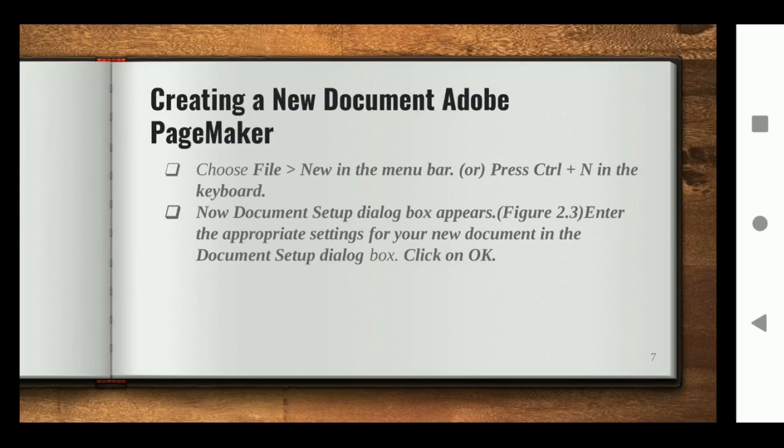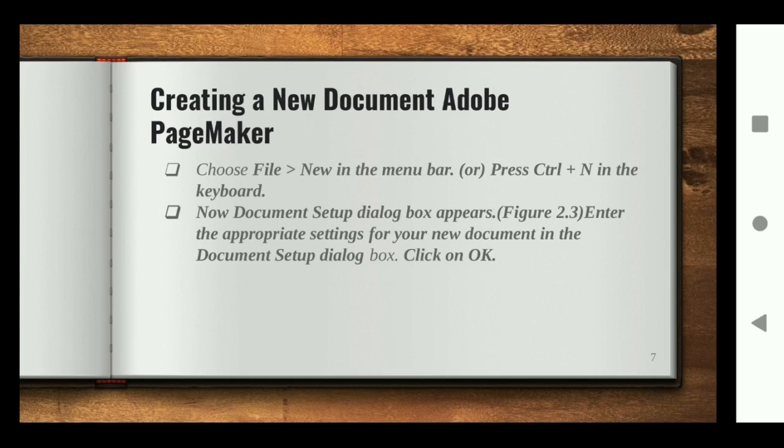As you see here, when you click on File, New, you can open a particular page layout for adding your content and aligning them, or you can press Ctrl plus N as a shortcut key for opening the document you want to create. For example, consider I want to create a newspaper page. For a page, I have to select a particular size of the page. I will show on the next screen. So when you press on the particular option, it will generate the page. You can add the content and align them.